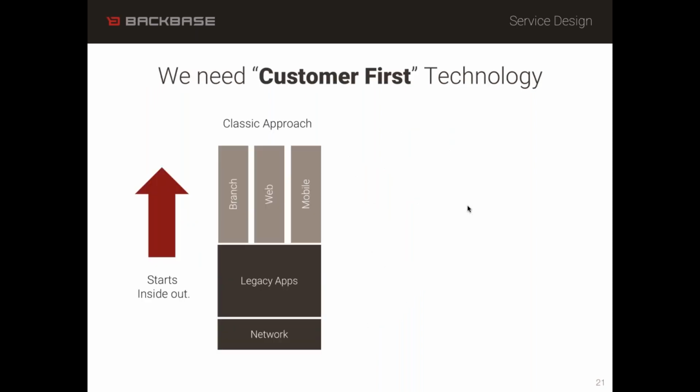That's kind of interesting. I guess we discussed it quite a few times already. We're talking about customer first technology, but maybe if we compare it with the traditional, the classic approach, I think the classic approach was very much inside out, right? Correct. Yeah. It's a totally different mindset.